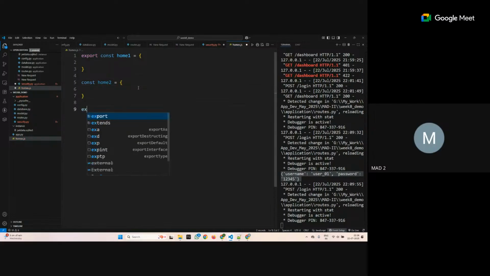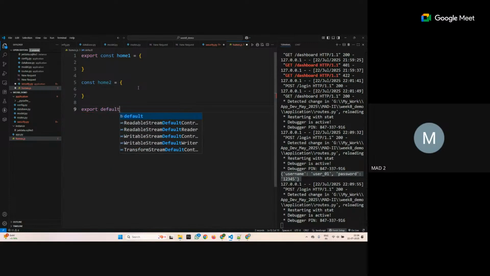And when you do export default home2, this export will not be exported, because when you say export default, only the one you are using with default is going to get exported. So although this module has two exports, home1 and home2, only